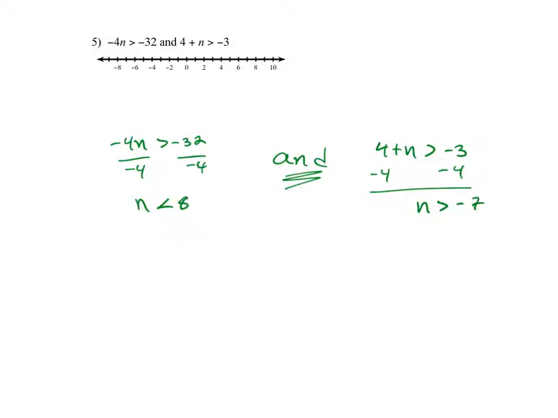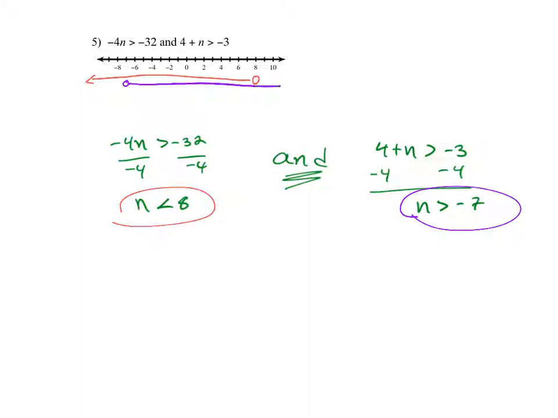I'm going to show you the graph in two different parts. I'm going to start by graphing this one in red. So n is less than 8. So less than 8 is this graph right here. All those numbers over there, right? This one, it's going to be -7, so it's going to be around here. It's going to be greater than